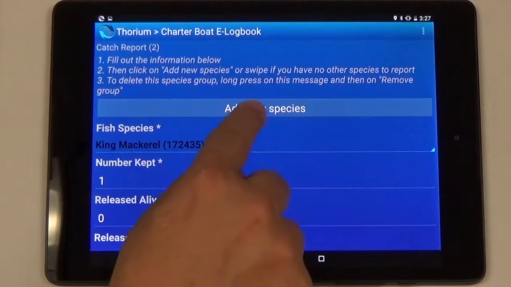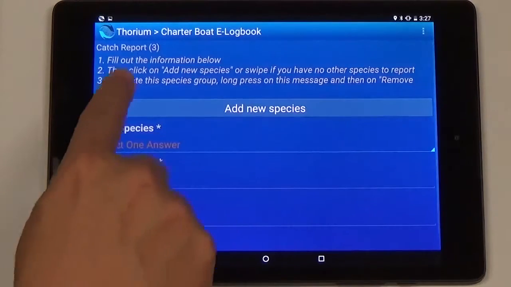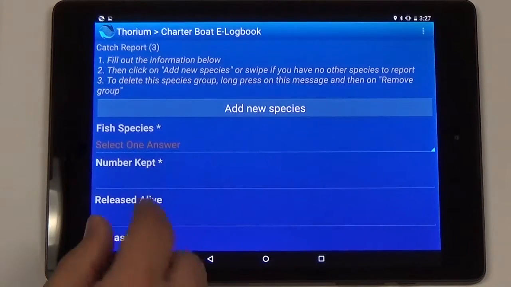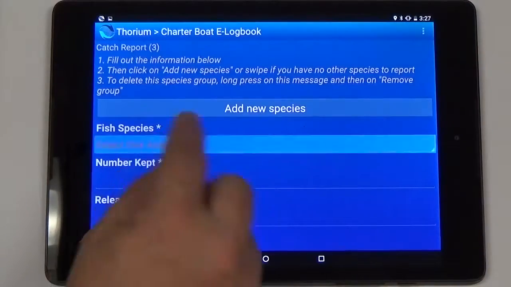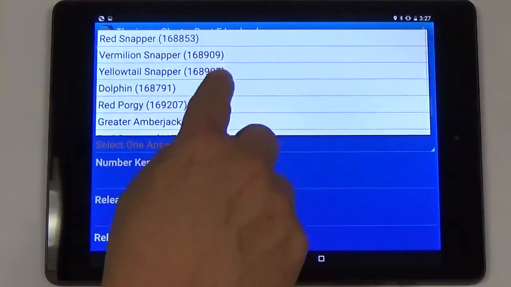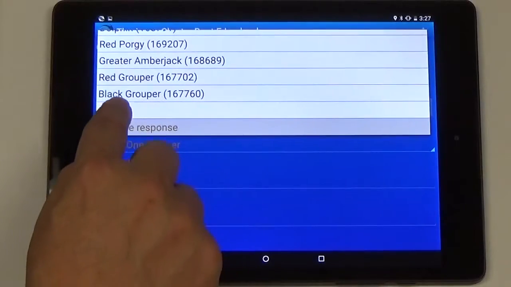Let's go ahead and add a third one. So I'll, again, click on this large button, add new species, and you can now see we're on catch report number 3. In this case, we want to demonstrate what happens if it's not on the list. When I click on species, this is the most common fish that are being caught. If it's not something that's on the list, you click on other,